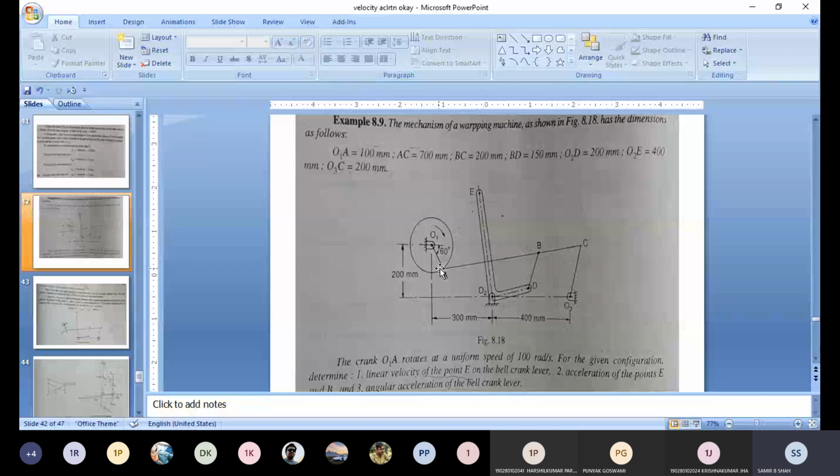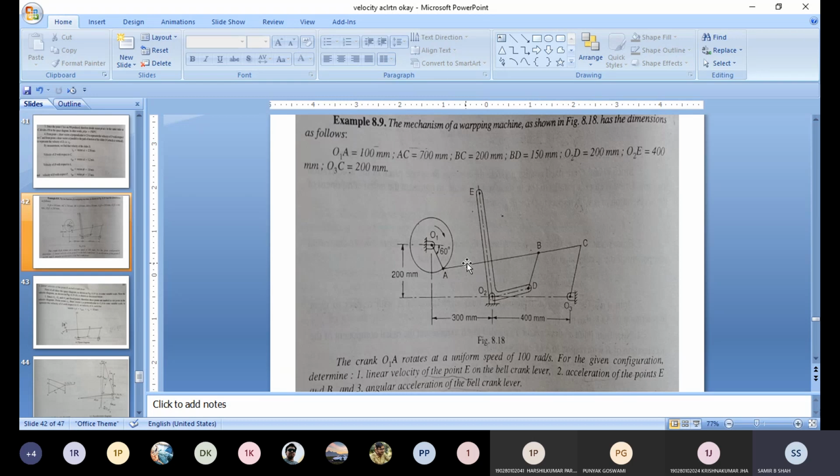Here we are taking 1 centimeter equal to 100 mm. O1A is at 60 degrees in the anti-clockwise direction, so it is considered as 1 centimeter. From O1 take 200 mm below, and after that 300 mm I am getting O2. After that, 4 centimeter gives O3. So here we mention 3 points, O1, O2 and O3, which are the fixed points initially.